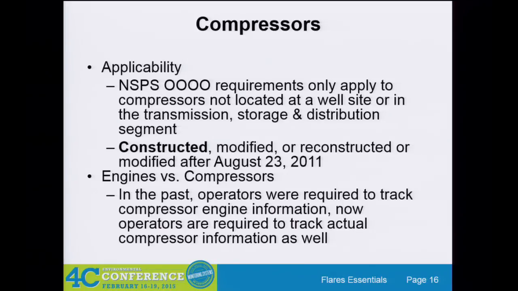And they really looked at you and kind of scratched their head, because that's just something that they haven't been tracking until this rule. But since it is a compressor rule and not an engine rule, you do want to know if your compressor was manufactured, constructed, modified, or reconstructed after August 23rd of 2011. So I like to spend a minute on this slide and tell you